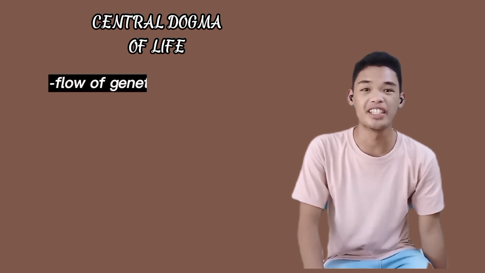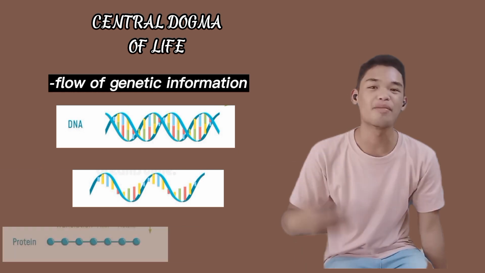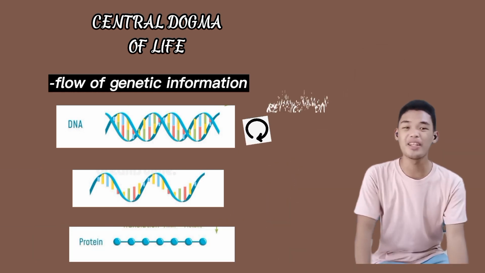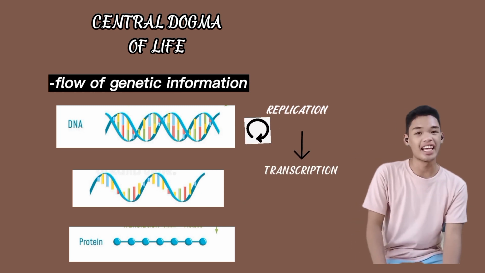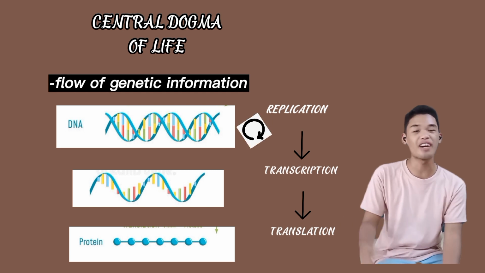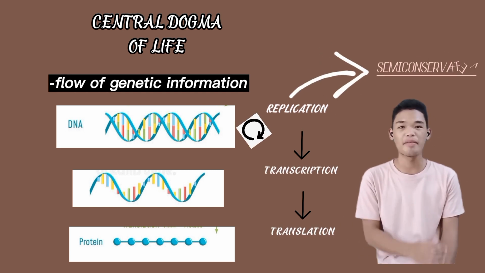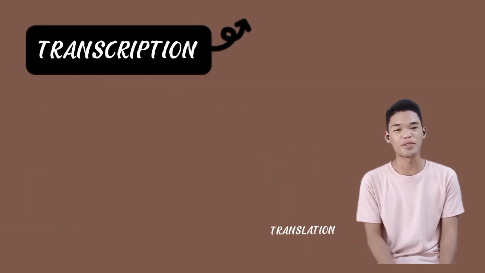The central dogma of life is the explanation of the flow of genetic information from DNA to mRNA until the protein. The DNA will make a copy of itself in the process of replication and then be transcribed to make a messenger RNA, and the code will be translated to make functional proteins. We know that the process of replication is semi-conservative, so let's focus on the two processes, the transcription and the